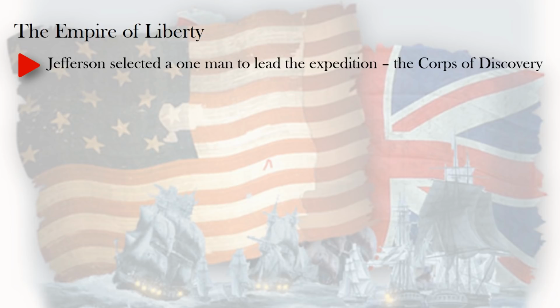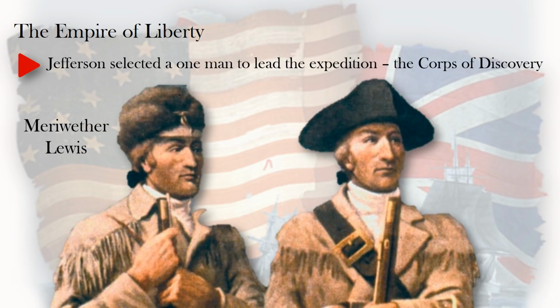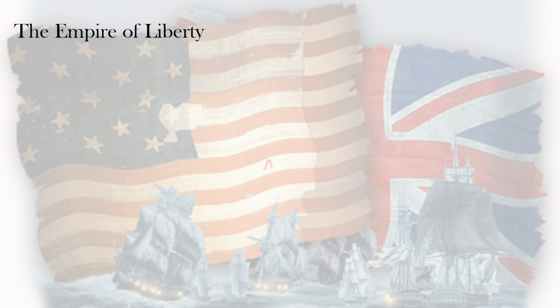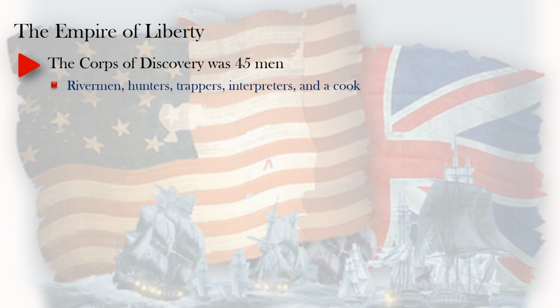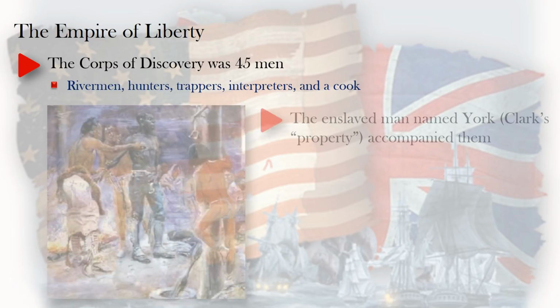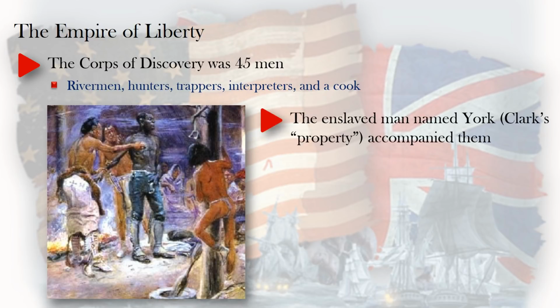Jefferson selected one man to lead the expedition, which is going to be called the Corps of Discovery. That man is Meriwether Lewis, and Meriwether Lewis very quickly turns to his friend as his co-captain, William Clark. The Corps of Discovery, led by Lewis and Clark, is 45 men, made up of rivermen, hunters, trappers, interpreters, and one cook. And also, there is an enslaved man named York, who is Clark's supposed property, who came along and